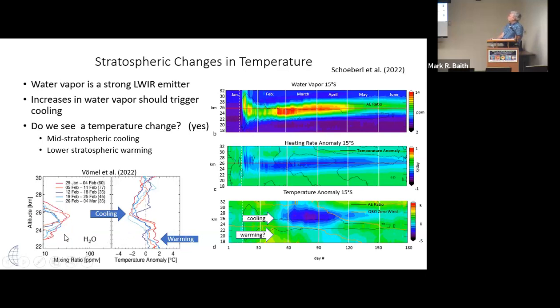This shows the water vapor field, and this shows his plots of the temperature change from climatology. And you can see, again, cooling right in the same spot we see, and a little bit of warming down low here. And in fact, there is a little warming. It's kind of buried under this arrow, but there's a little bit of warming in the lower parts here.